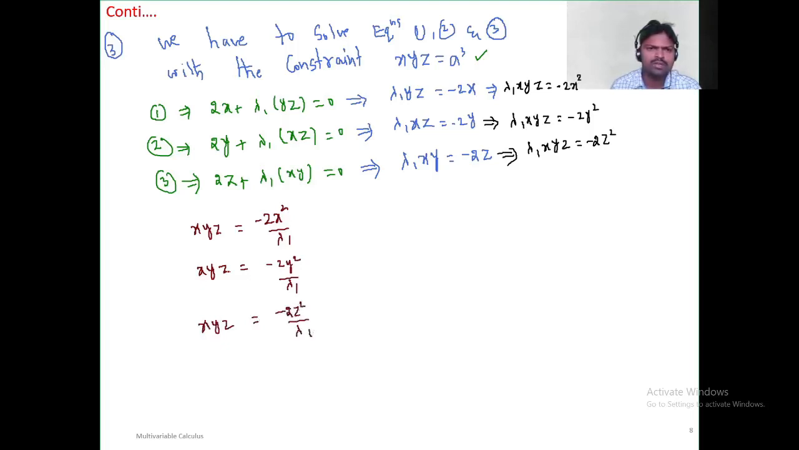So what you understood, all these are xyz only, therefore all these three must be equal. So I can write minus 2x square by λ1 is equal to minus 2y square by λ1 is equal to minus 2z square by λ1, isn't it? The minus 2 by λ1 will all cancel out, then you will get x square is equal to y square is equal to z square. Therefore the values of x square, y square, z square are equal, and with the constraint